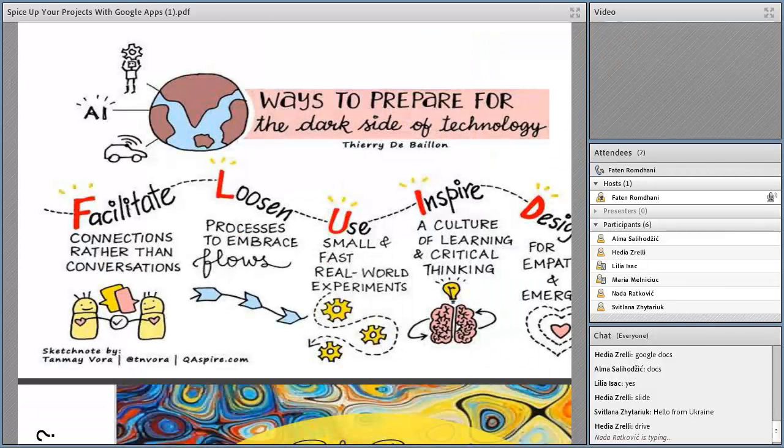Good. So here we have a sketch note about ways to prepare for the dark side of technology. By the way, I had a problem yesterday with technology and I did not update my Adobe Connect, and that's why I couldn't join you. So a way to avoid this is to be fluid. So as you see the sketch note,